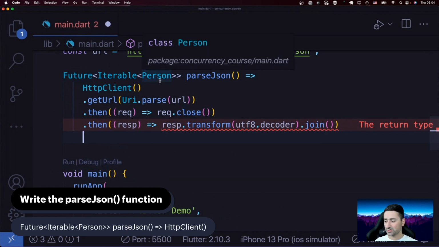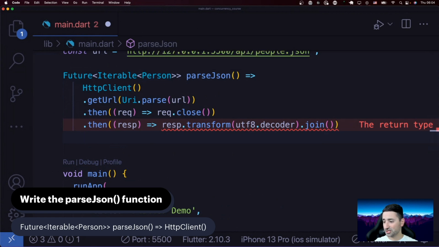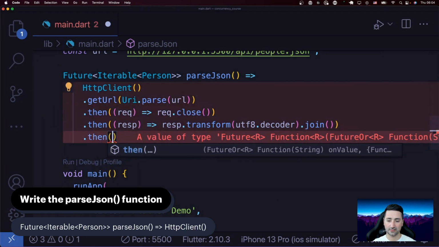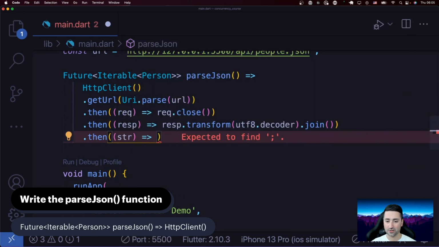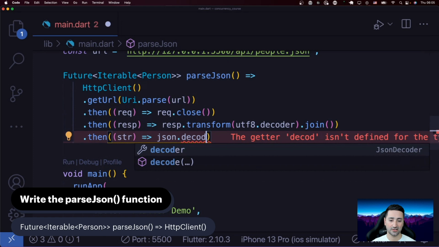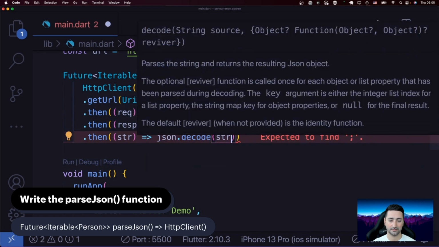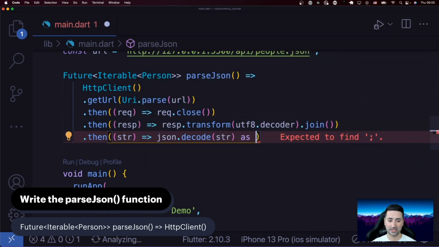And what we're going to do is to actually do some JSON decoding in here. So that's also available in Dart. And I'm going to go ahead and say then, okay, and this is our string, and we're going to say JSON dot decode this string, and this is going to give us a list of dynamic, all right,